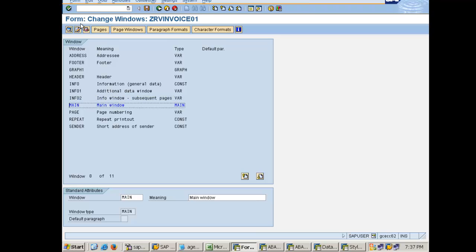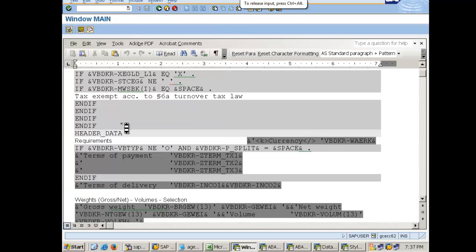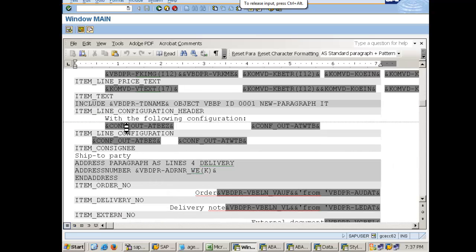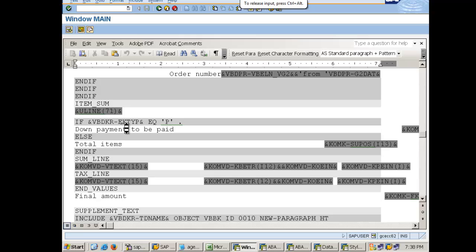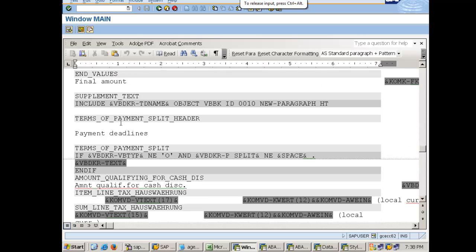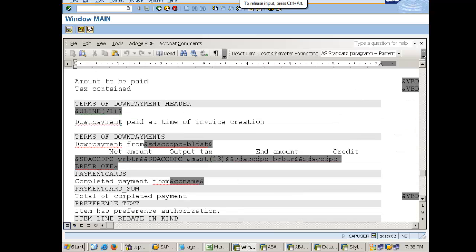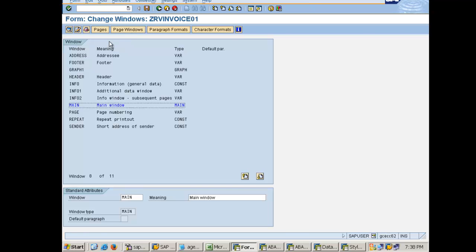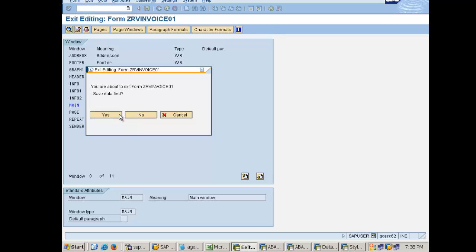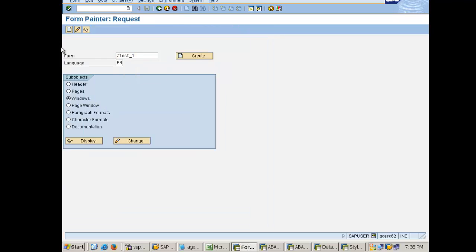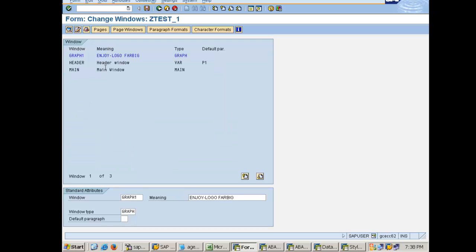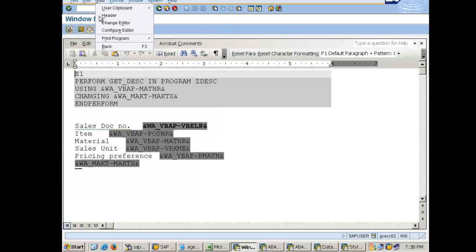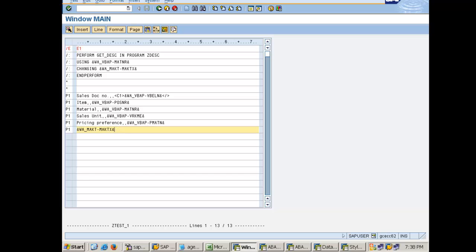Let me just go to the main window. ADDRESS and ENDADDRESS, IF and ENDIF, PERFORM and ENDPERFORM, and CASE and ENDCASE. So these things will be known as control commands. There is another important control command that we need to know, which is